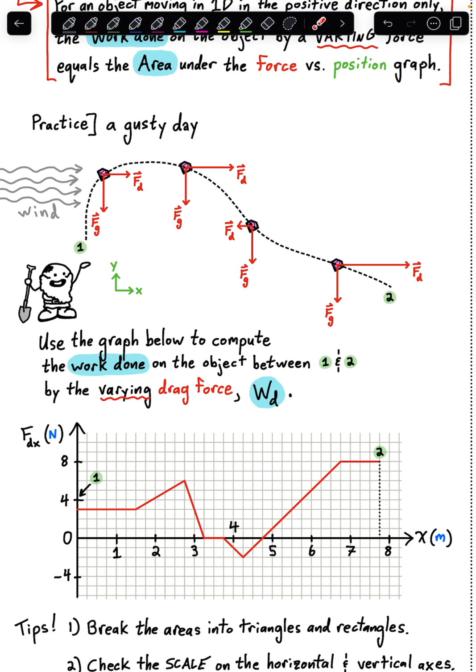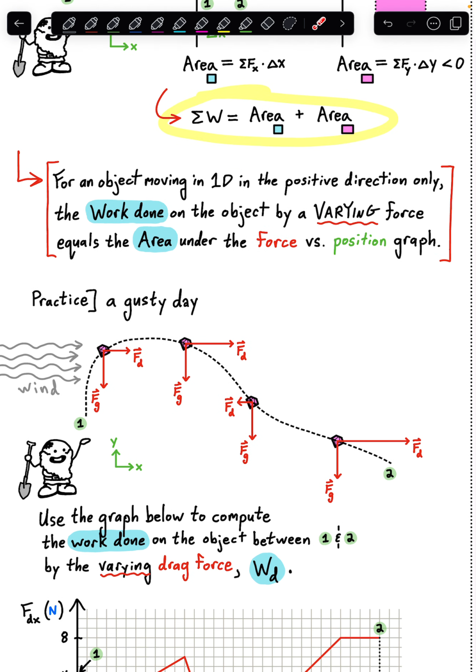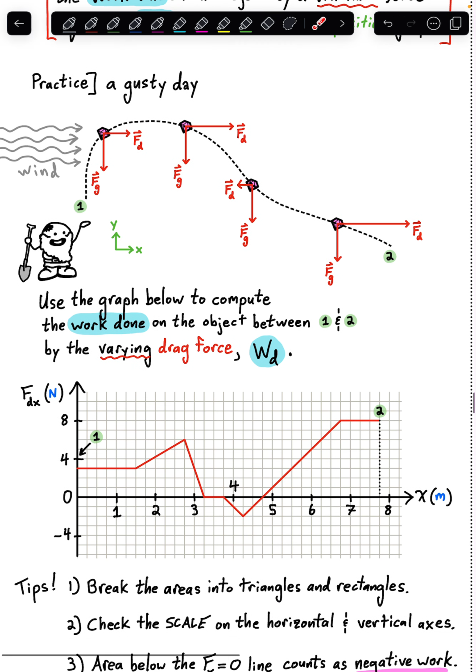And let's just look at the horizontal motion of the gem, the change in its x coordinate over time, since we're only considering objects moving in 1D. So we'll ignore the vertical movement and just look at the horizontal motion here. Here is a graph of the x component of the drag force on the gem due to wind as a function of the gem's x coordinate, the gem's position